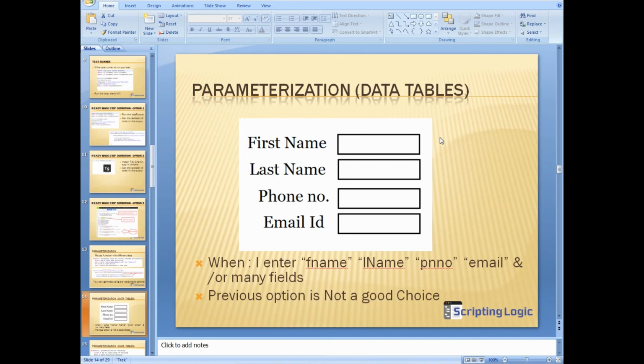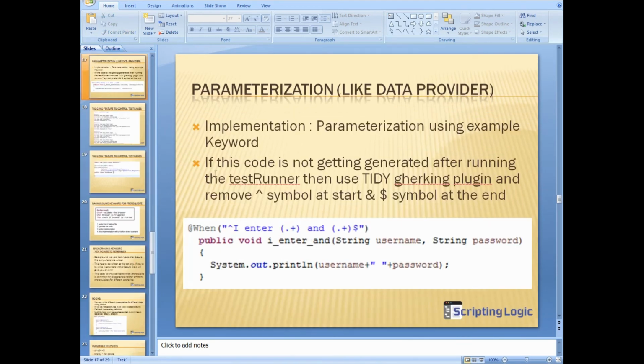But that requires a POI library and a long set of code, and that is quite complicated. Although it is easy, but we have a better choice here. So I'll show you how to do this parameterization like data provider, right?